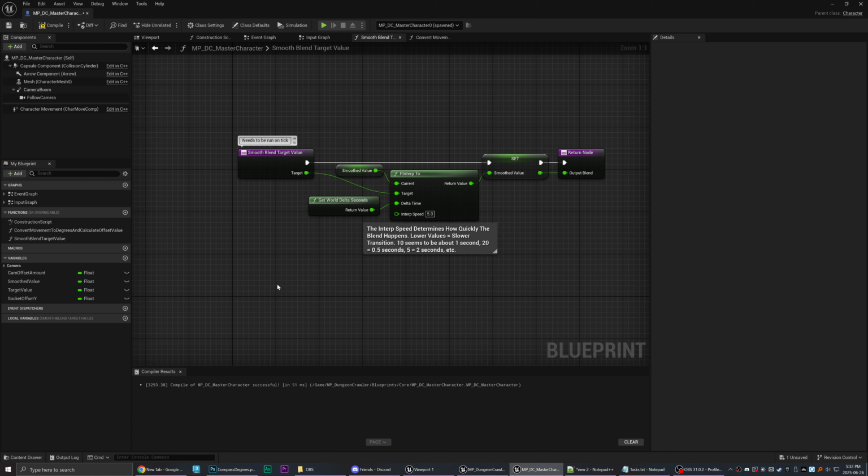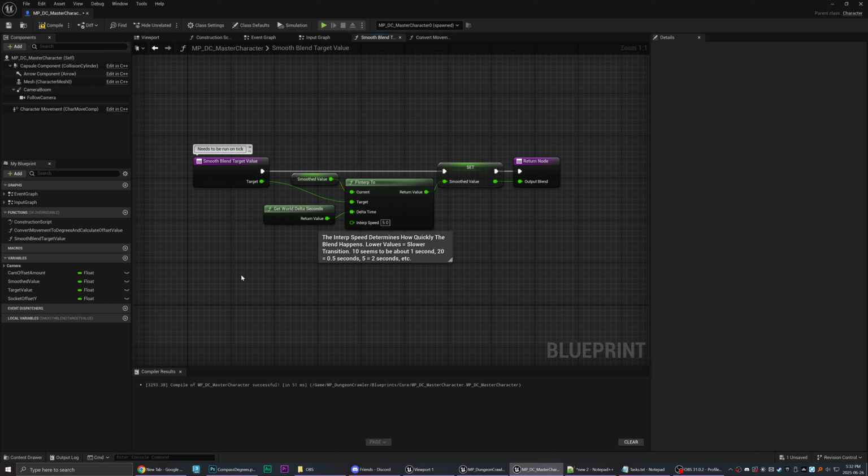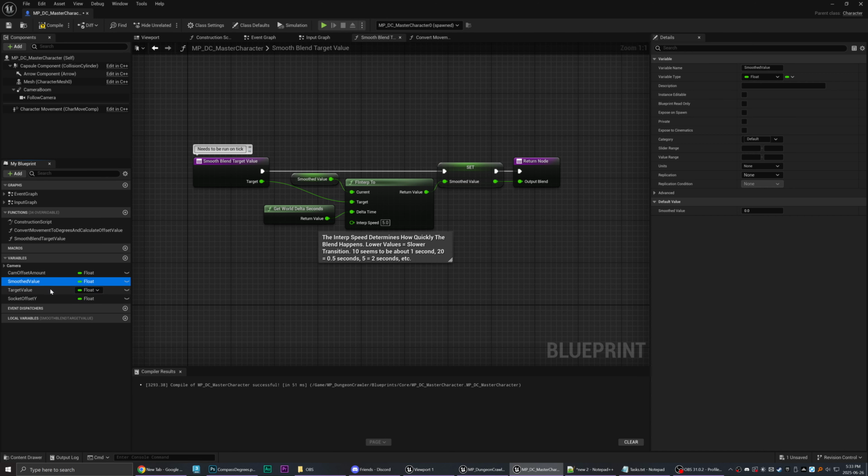And then you want to create just another variable called smoothed value. You can name it anything you want, but to me this is the easiest way to make sure that if you're coming back to an interp node and you're looking at it again, you can understand instantly what is going on here. So I just created another float. I called it the smoothed value, and you use that as your current.